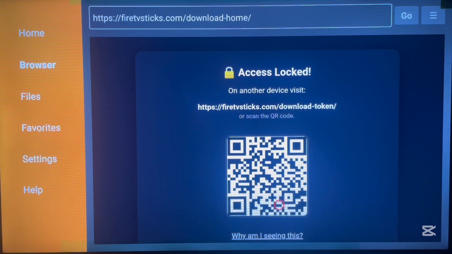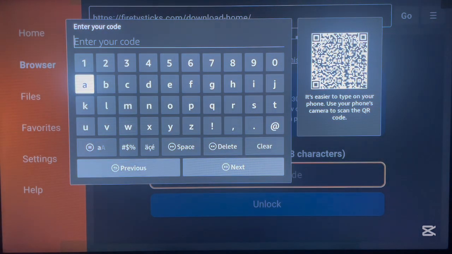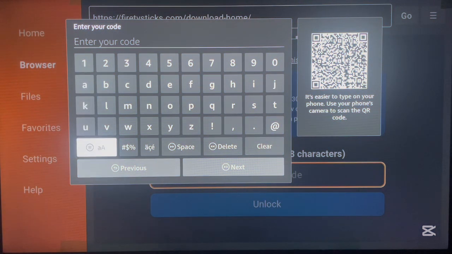But on my computer, I've already gone over to the site. Once you go to the site, you are going to be asked to generate a code or a token on your device. So just click generate token, and then the token is going to generate, and then you come back here and type in the token. For instance, I've already generated a token on my other device, and I'm going to come back here and type it. So the token is simple. I just come below here and type in what I've generated on my other device. Let me type it down here. It is simply,